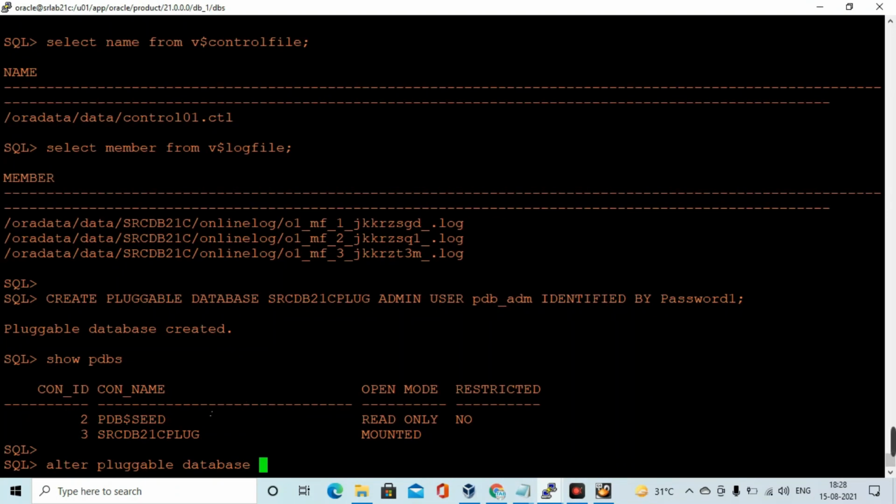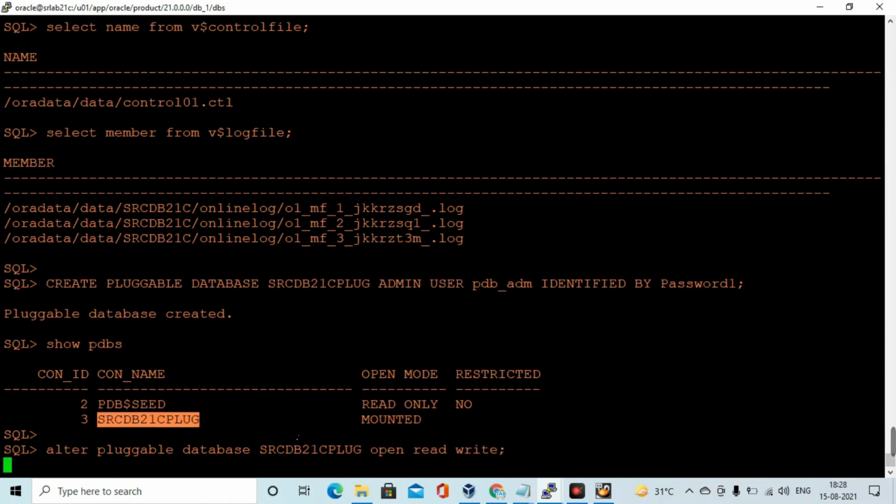You can see here. So it's created in mount mode, and I am going to run alter pluggable database open read write.